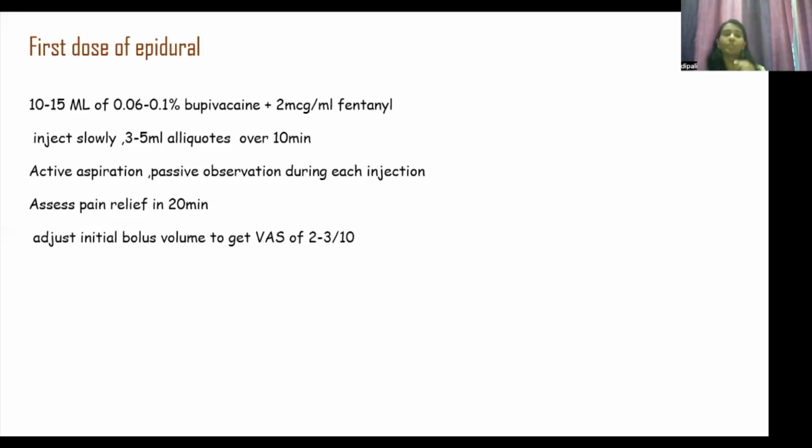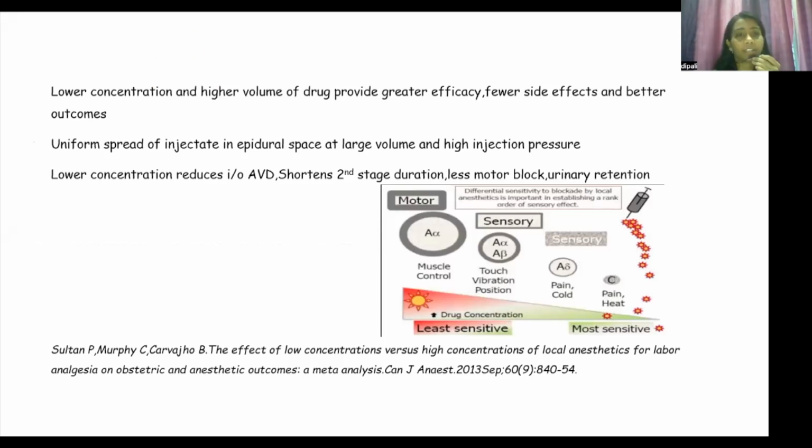After giving the first dose, we should assess the pain relief in 20 minutes. The volume of the first dose should be adjusted to get a VAS score of 2 to 3 after 20 minutes. In the past, the concentration used was higher and the volume was lesser. But now we are using a lower concentration and higher volume, because as we can see, A delta and C fibers,